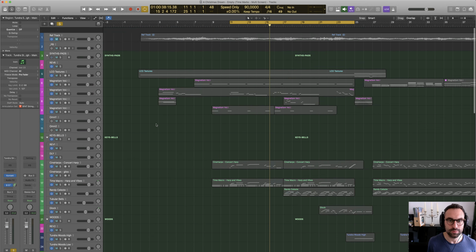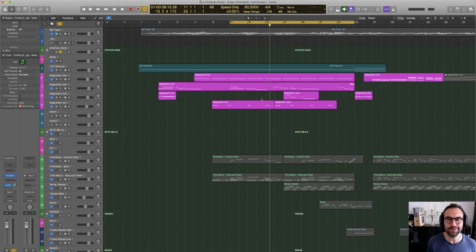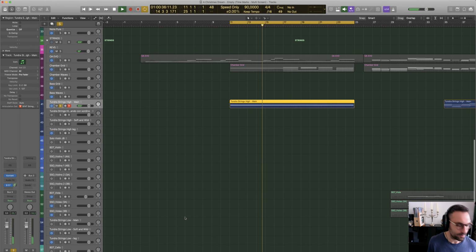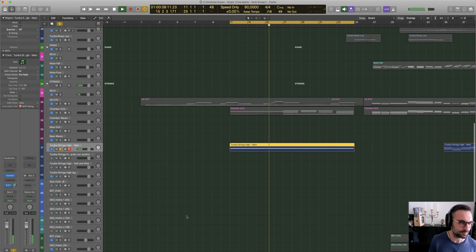And I'm surprised how well Tundra blends with Magnetism. I think it's really cool. Pretty good companion to write these sort of atmospheric pieces. So all together,